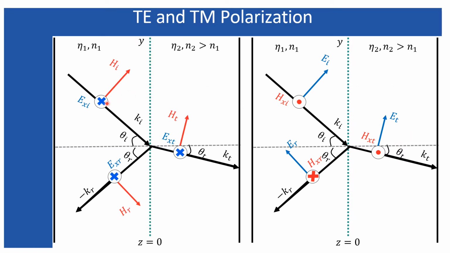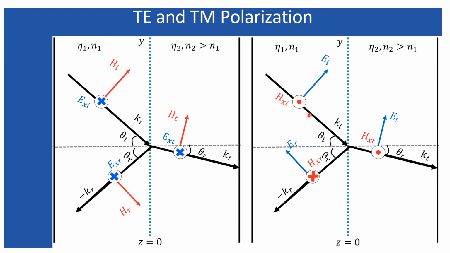Now consider the second example. Here, in the first case, one thing you should notice is that the plane which contains the surface normal and the incident wave also contains the electric field, whereas the magnetic field is always perpendicular to that particular plane. Such kinds of orientations are called the transverse magnetic polarization, because the magnetic field is transverse to the direction of propagation, or basically the magnetic field is transverse to the plane of